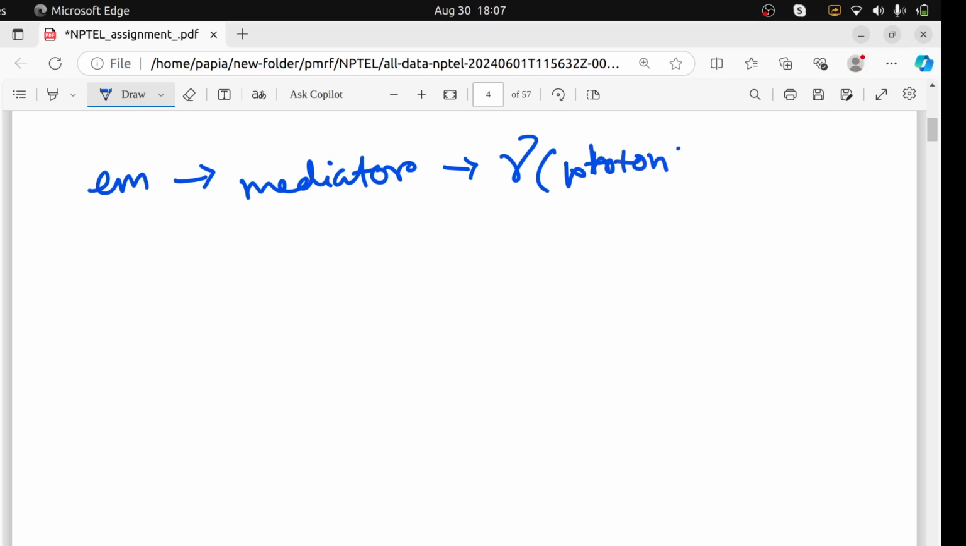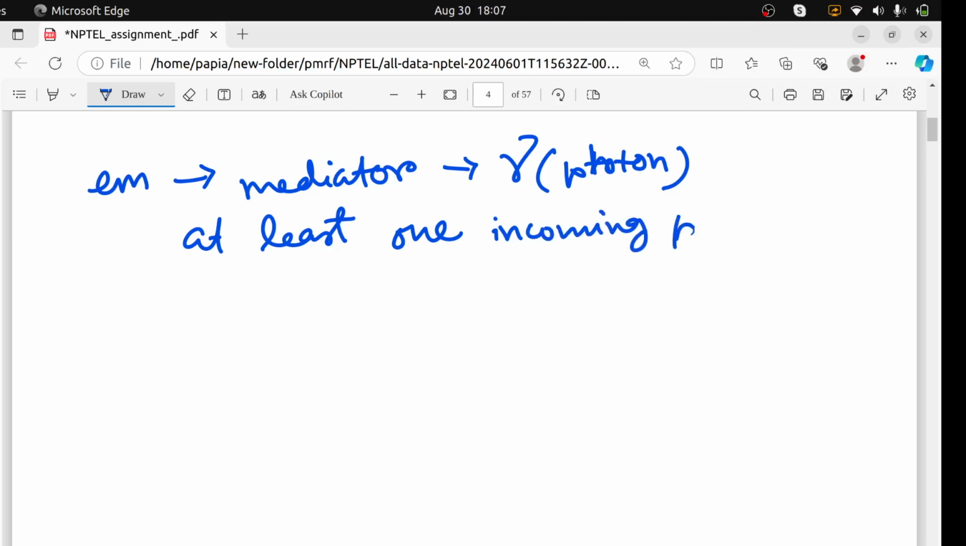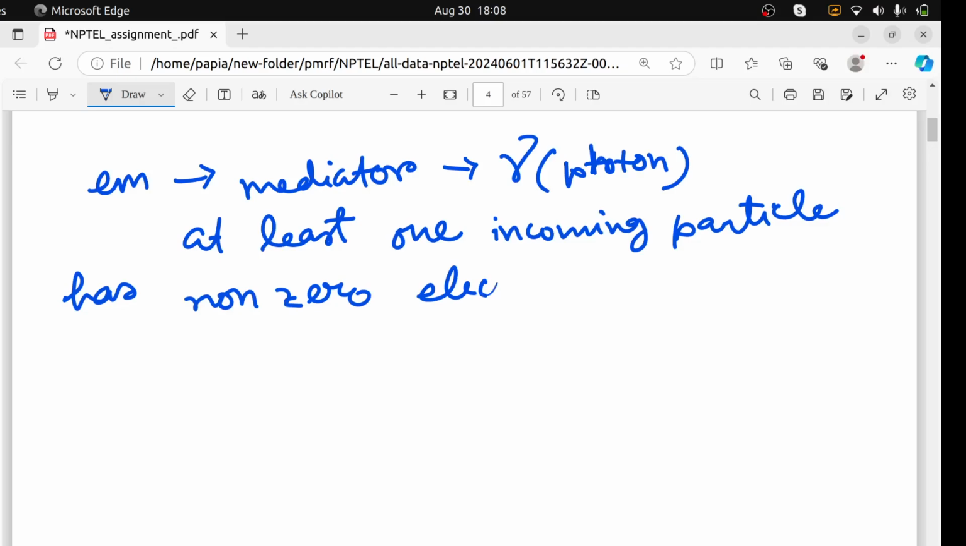Photon. And at least one incoming particle has non-zero electric charge. Why did I tell you that? At least one incoming particle has non-zero electric charge, because gamma is one which will only interact with the